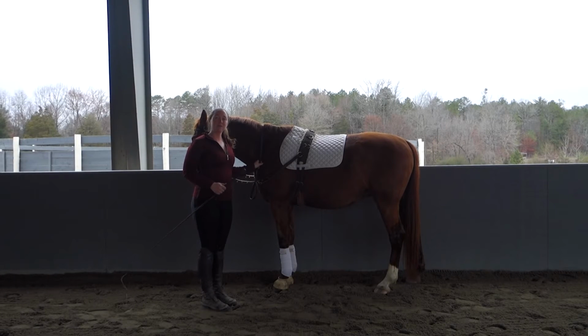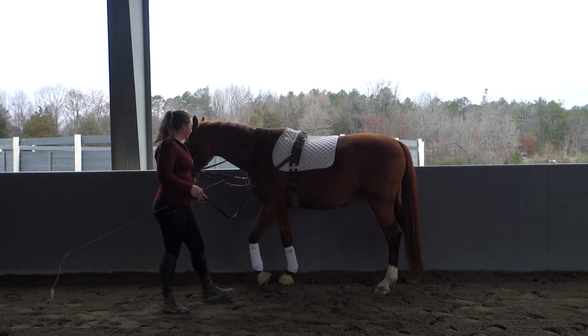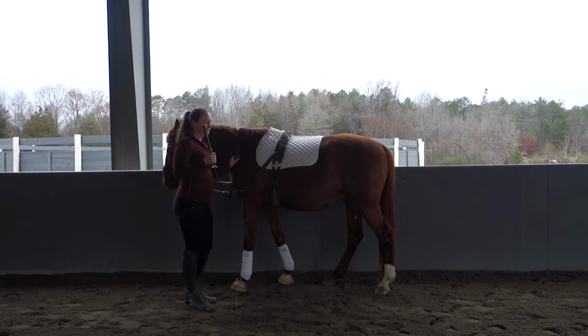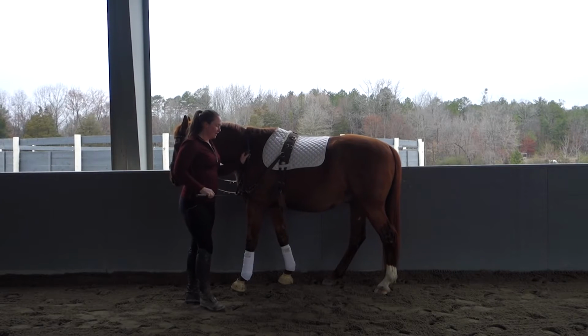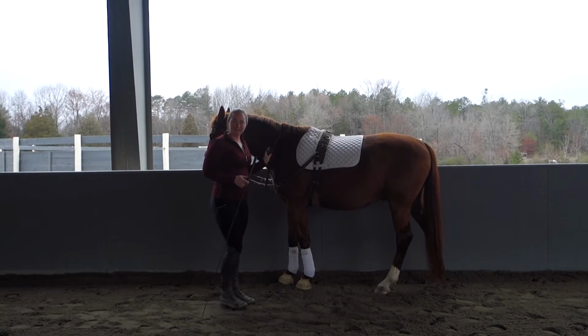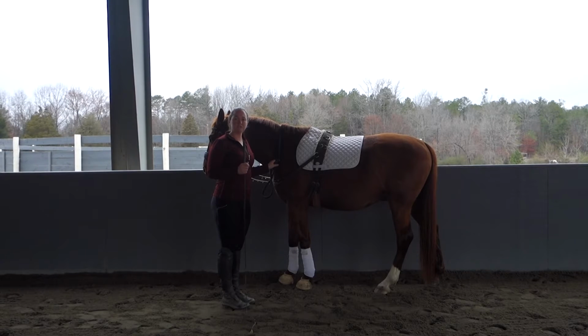All right, so now we're on to part 2 of teaching your horse how to piaffe in hand. This is my horse Roman. He is a 6-year-old Hanoverian, and he is fairly proficient about the basics of learning to piaffe in hand. So I've gone around and touched all of his legs and asked him to respond to the gentle, frequent tapping